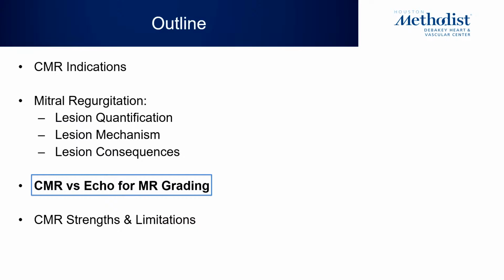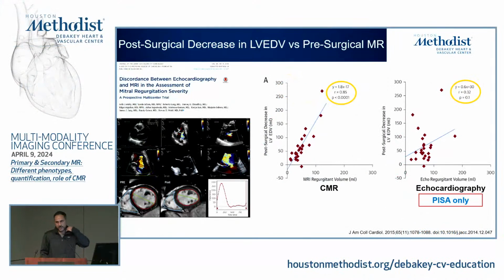So what about comparison of MRI and echo in terms of mitral regurgitation grading? I'm going to show a couple of studies about this. The one from 2015 from Uretsky et al. used MRI, the same volumetric method, and in terms of echo they used PISA, and their gold standard of which method is more accurate is the remodeling after surgical repair of the valve. So they did the delta EDV remodeling,